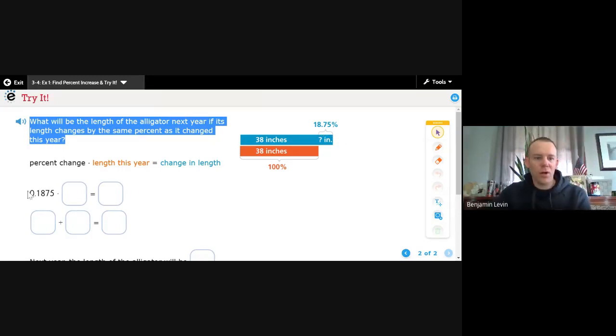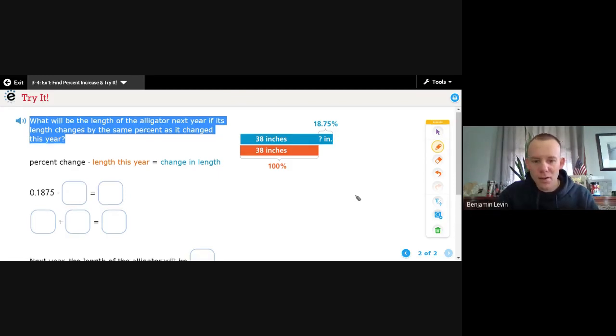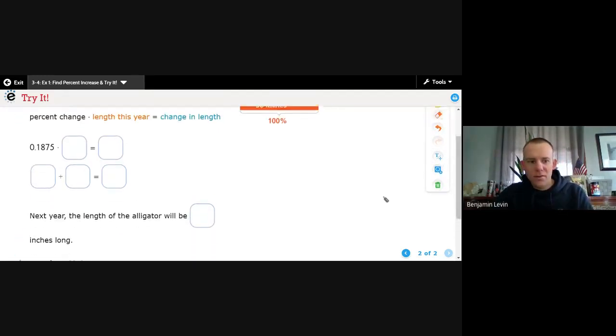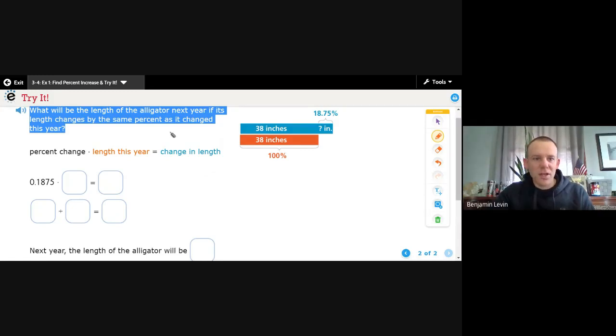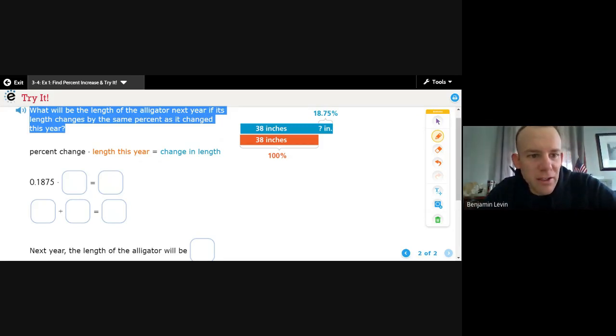So we need to fill in the blanks here. I'll use blue. And I want to get this to the right spot so that I can write everything I need. Okay, good. So here we go. What will be the length of the alligator next year if its length changes by the same percent as it changed this year? So again, if the scientists studied alligators and say, okay, they always grow at 18.75%,